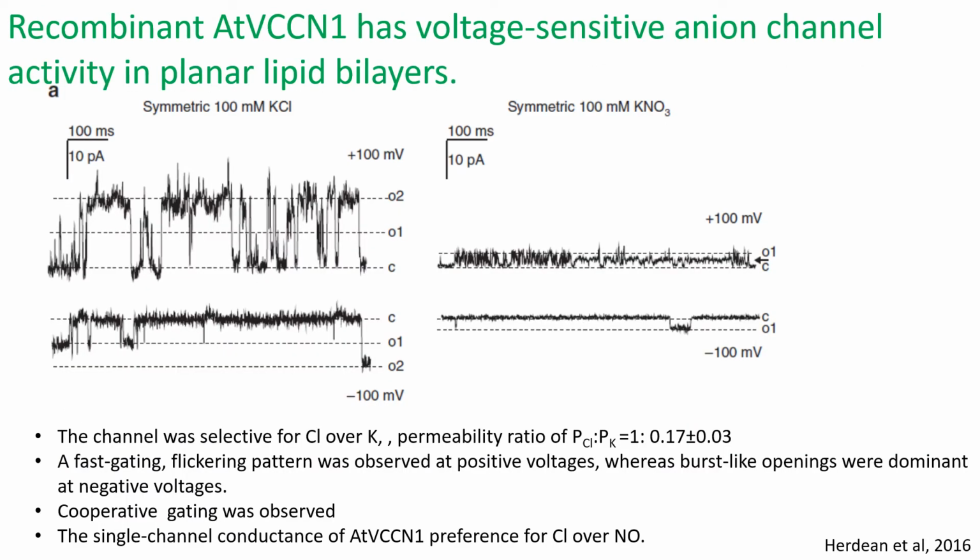Next, we want to look at the electrophysiological importance of this protein ATVCCN1. For that reason, the authors put the recombinant ATVCCN1 in planar lipid bilayers and then saw the results that were generated from these proteins in the lipid bilayers. The following image shows the electric signal that was produced on